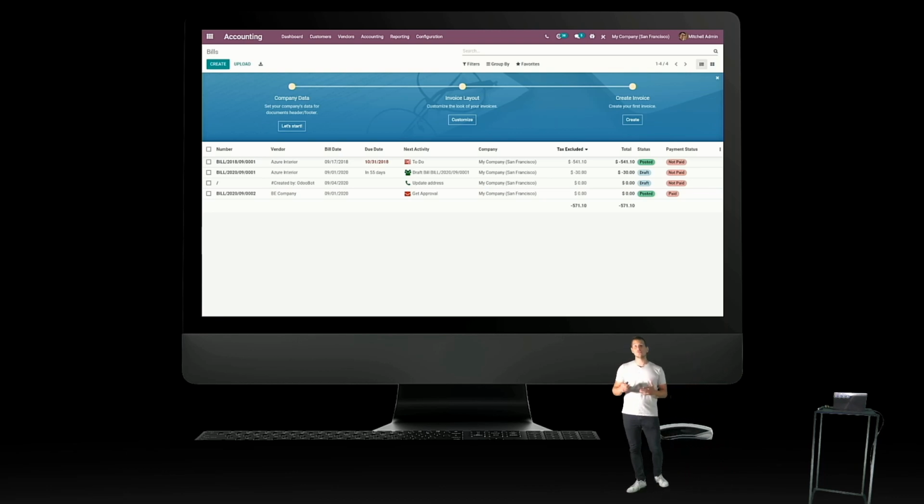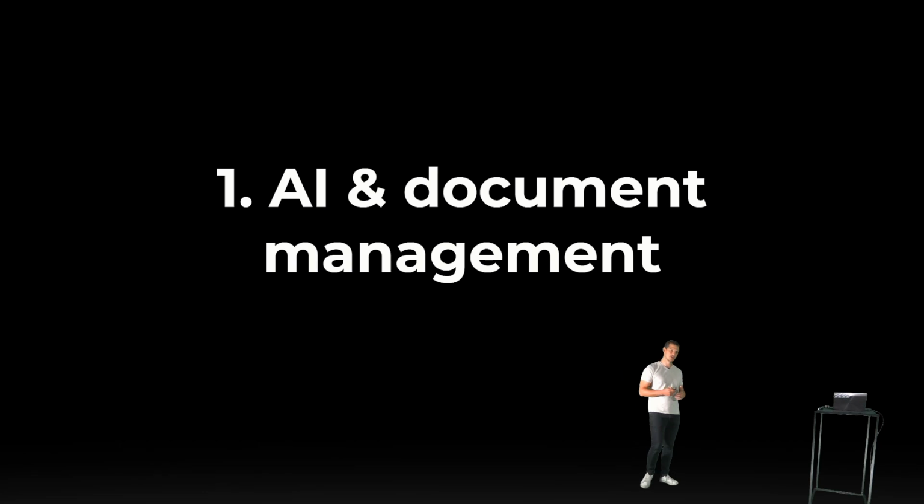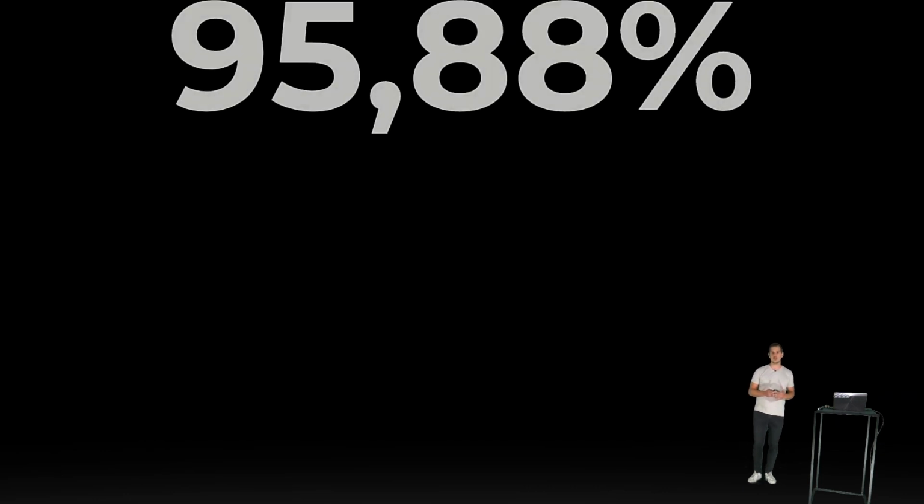Now, we have a lot of new features in accounting, so I try to globalize them by major topics. And the first topic that I want to talk to you about is all about artificial intelligence and document management. Our team that is working on our artificial intelligence has done a huge job last year, and thanks to the huge effort, we managed recently to arrive at a